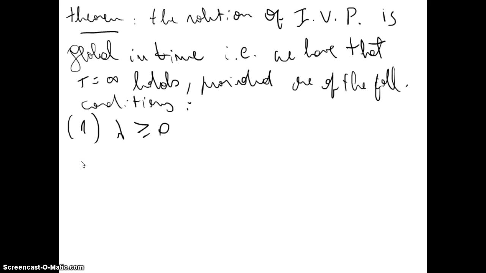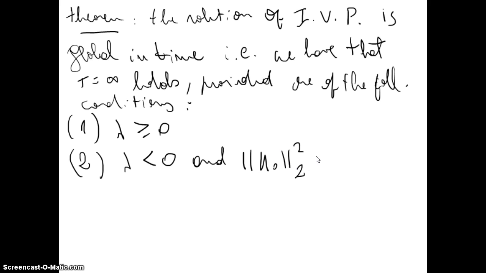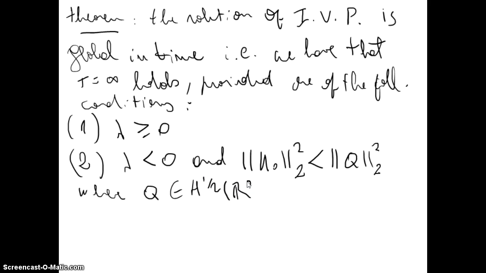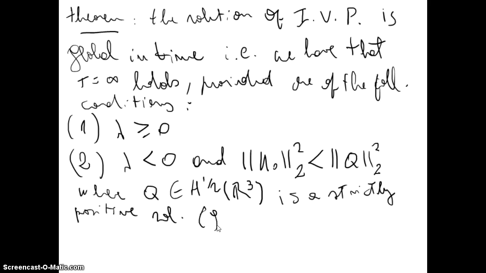Second, if lambda is negative, but also we will need that the norm squared of u naught in L2 is less than, let's say, the norm of Q squared in L2, where Q is in H^{1/2}(R^3), a strictly positive ground state solution,